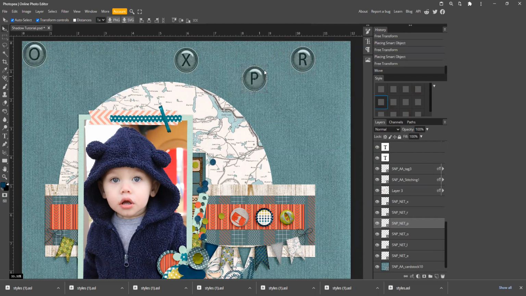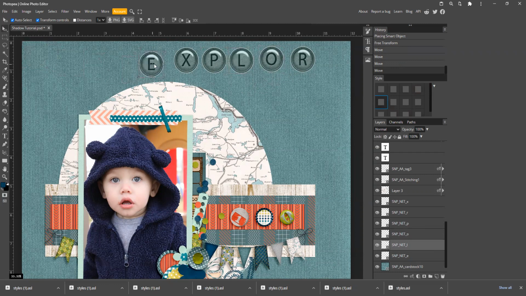As far as getting them all so that they're lined, it's okay. You don't need to do that exactly because we're going to use these distribute buttons up here. And I need another E on the end, so I'm going to hit Control J to duplicate that E that I've selected and place it down here. So now I'm ready. I can see that my spacing isn't equal, and I can see that it's not all